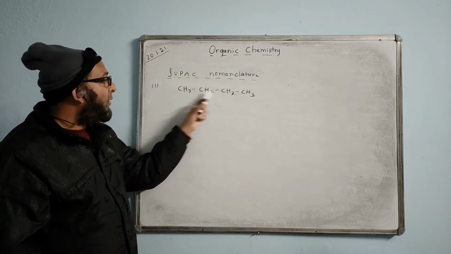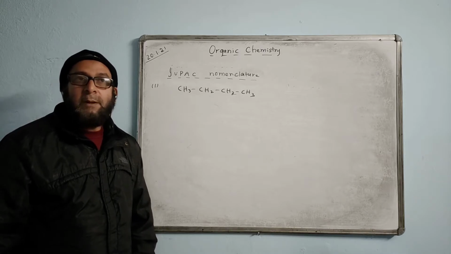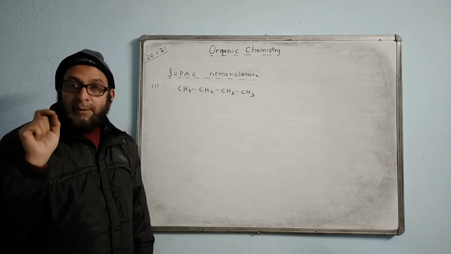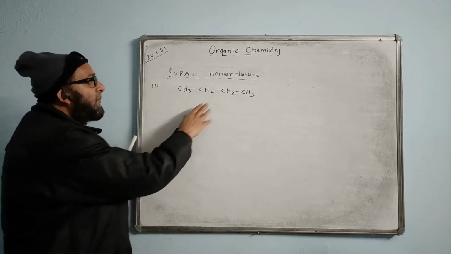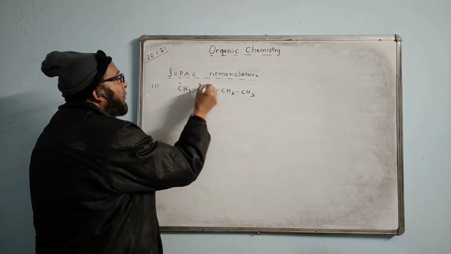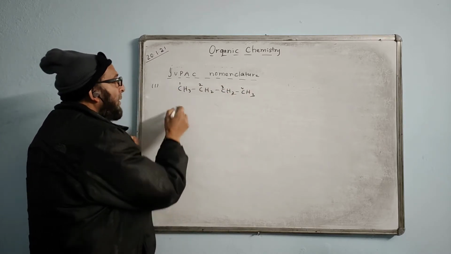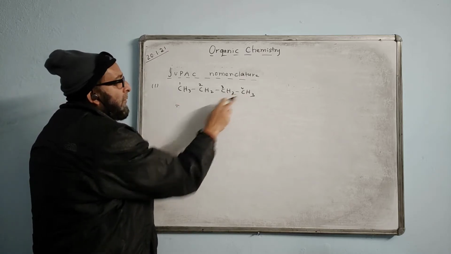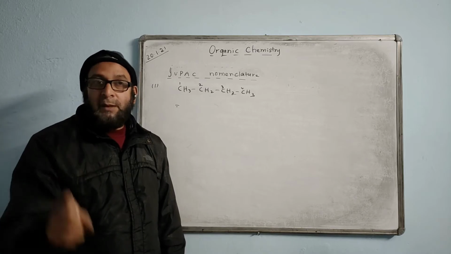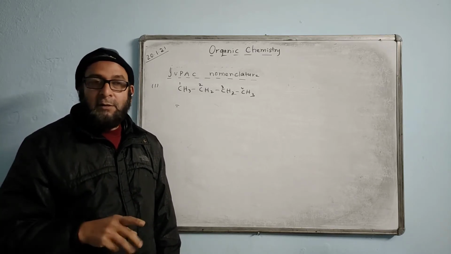We see single bonds everywhere, single bonding between carbon atoms. Nowhere do we see a double bond, nowhere a triple bond. We will give the number of carbon atoms. You can begin from any side. I give the number only of carbon: 1, 2, 3, 4. Numbers are given. And when the last number of carbon given is 1, we call it "meth". When the last number of carbon given is 2, we call it "eth".